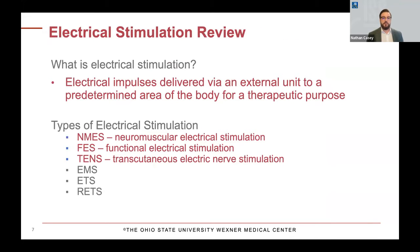First, I want to actually go through defining what electrical stimulation is, though, and what types of electrical stimulation exist. Electrical stimulation is defined as electrical impulses delivered via an external unit to a predetermined area of the body for a therapeutic purpose. So there are multiple applications over muscles, nerves, bones. It can be transcutaneous, meaning over the skin, or it can be implanted. Each one of these serves a distinct and different purpose depending on the location, the parameters used, and the duration